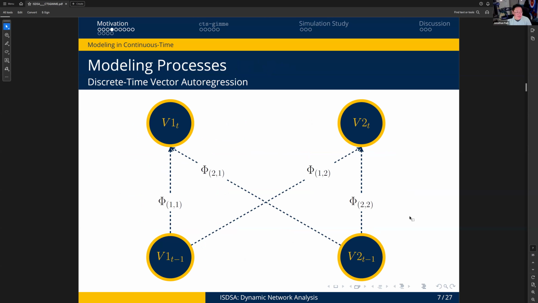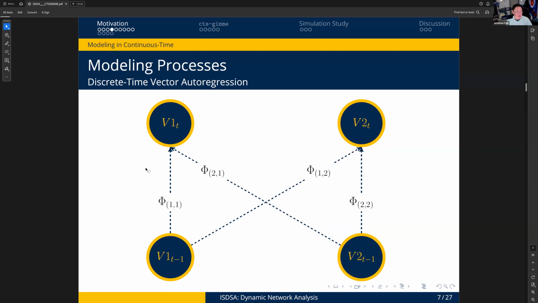Just some background that I can thankfully skim over a bit: I've been talking a lot about discrete time models and continuous time models, and I want to orient us to the particular models that I'll be talking about. So in this case, we have the discrete time vector autoregressive process. This is a VAR of lag order 1. So I'm only looking at the previous time point affecting the current time point.